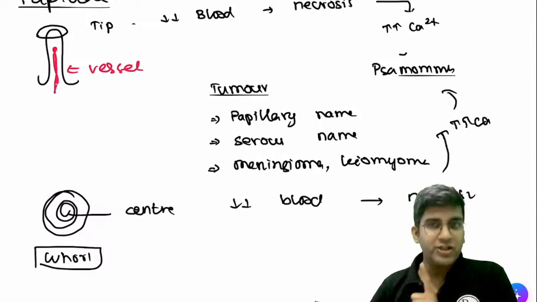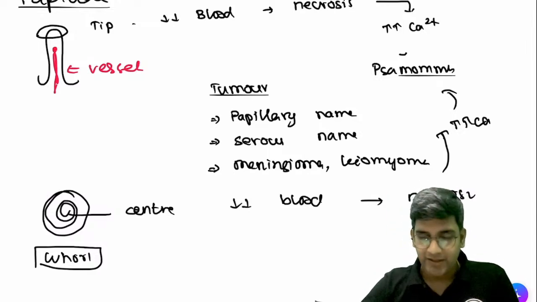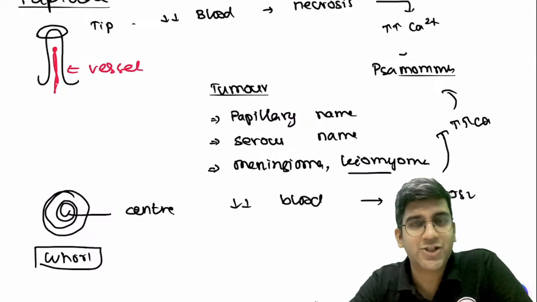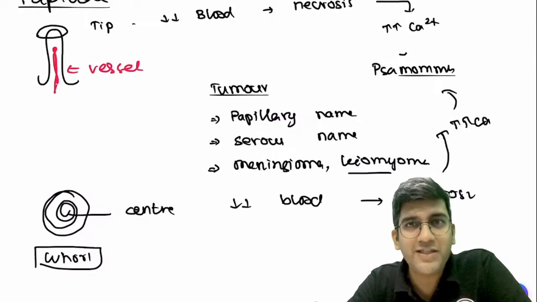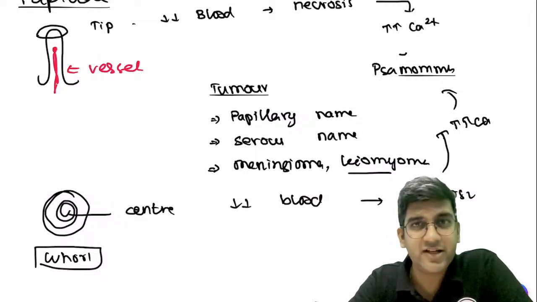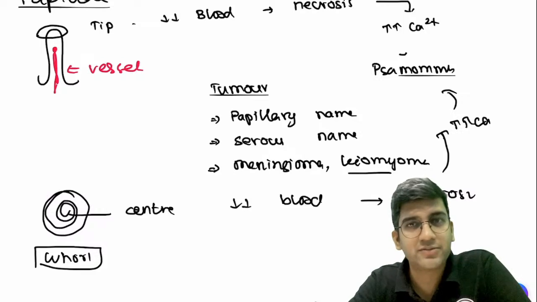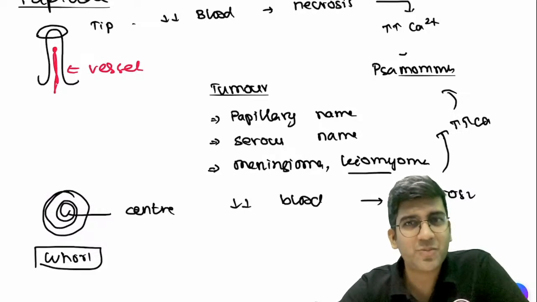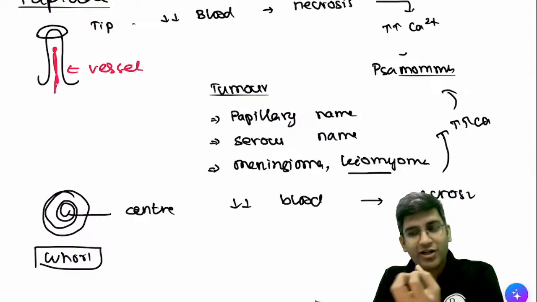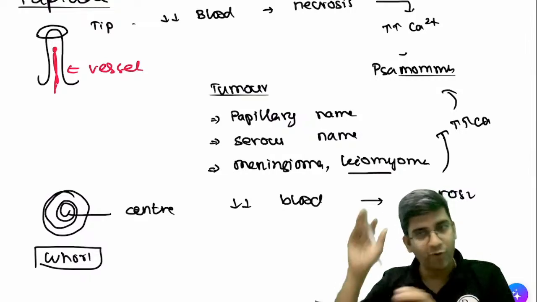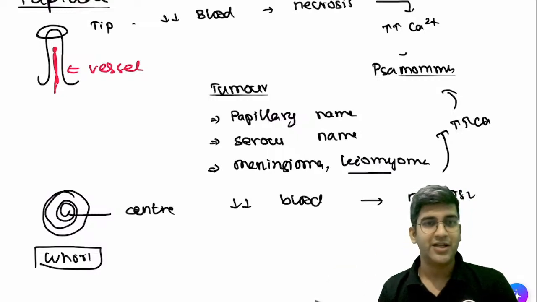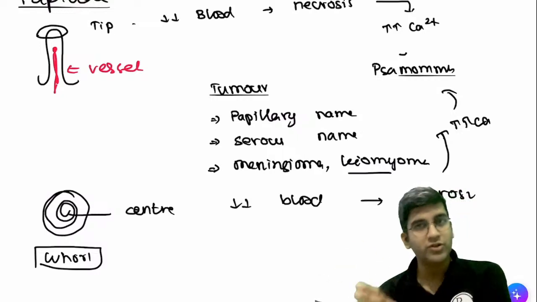But the unfortunate thing about the mnemonic is, does leiomyoma come in the mnemonic of PSM squared? It does not, right? Dr. Oshika took the OBG class. Can I say uterine fibroid, calcific degeneration is one of the commonest degenerations? It is one of the commonest degenerations, right? So what I'm learning this way is not letting me remember the common things. Of all the tumors, the commonest tumor is fibroid, and fibroid will have Psammoma bodies. But the mnemonic is not teaching me that, right? So let's go with concepts.